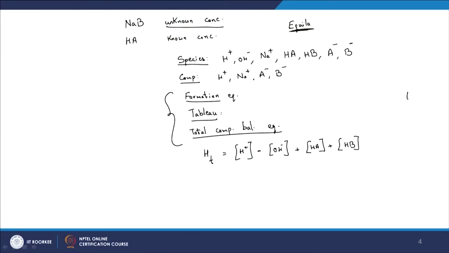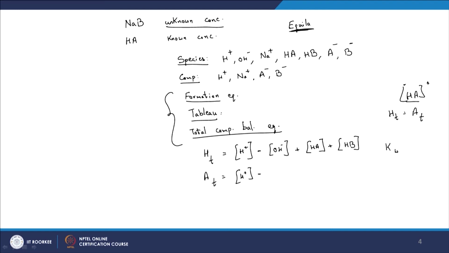So H total, what is that equal to? That will depend upon what it is that we are putting into the system, right. So what is the only source of H total? If you look at it, it is the HA that you are putting into the system, or HA naught, let us say. So obviously H total, as you look at from stoichiometry here, or if you look at the component balance too, is going to be equal to A total, right. So here that would more or less mean A total is equal to the concentration of H plus minus, and how can OH minus be written?